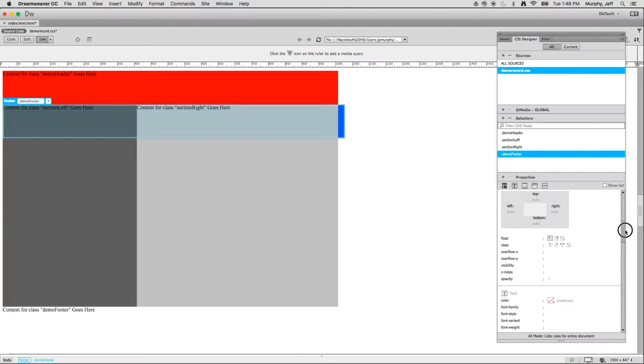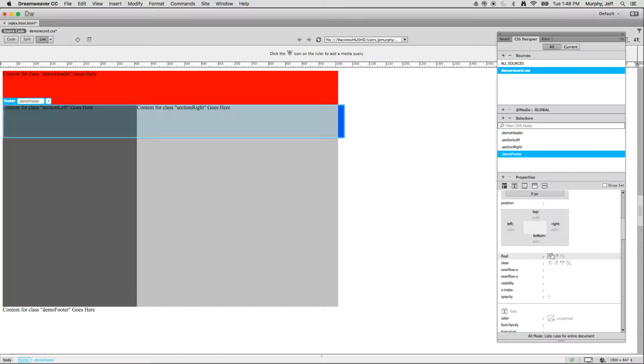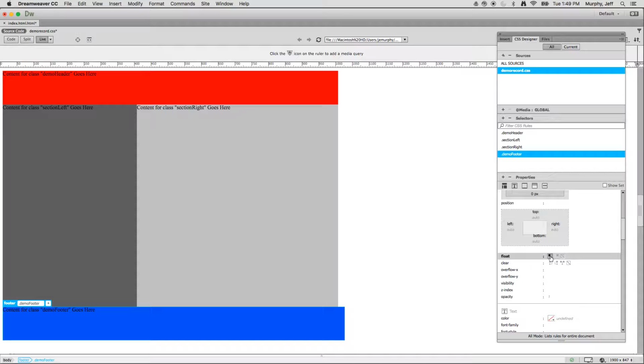This is a slightly different thing. On my footer, I can uncheck that float and it will go away. I can also just say that I want to clear my left things as well. In fact, if I put no float on this and make sure I have all my floats cleared, it will take all the previous floats that I've set up here off